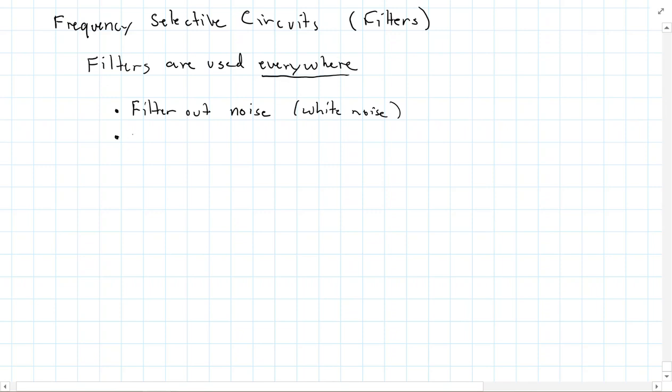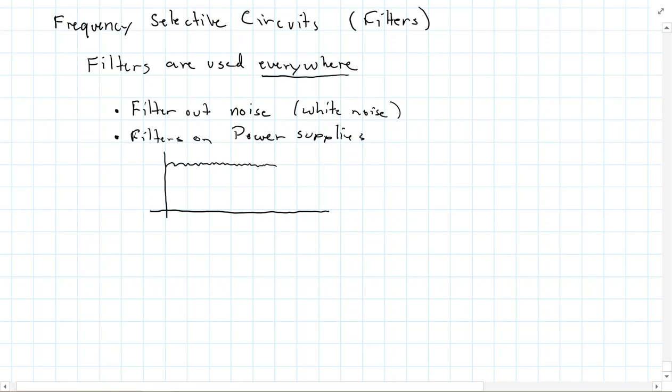Another is we'll put filters on power supplies. And you might say, well, why would I put a filter on a power supply? Well, a power supply isn't necessarily constant voltage, depending on what kind of power supply it is. If it's a battery, it's pretty flat. But if you're talking about some of the power supplies, including some of the ones that are on our workbenches, if you look at the voltage here and you really zoom in on the graph, the voltage, and it's a little bit more even than this, but this might be, for instance, 10 volts, but we have